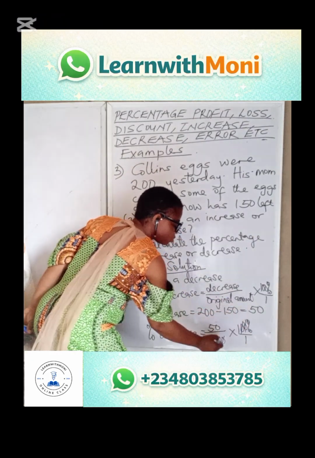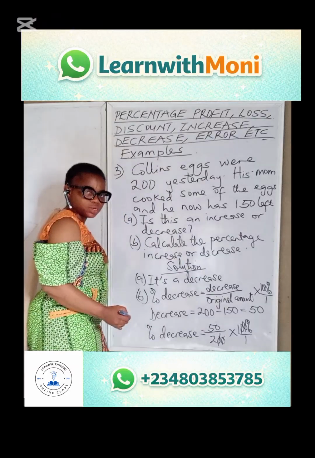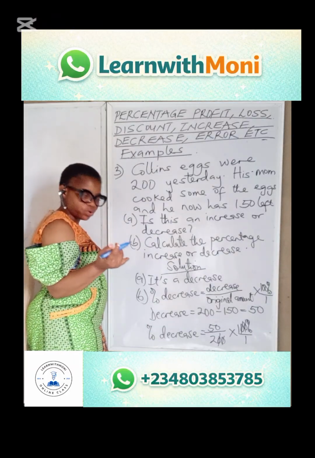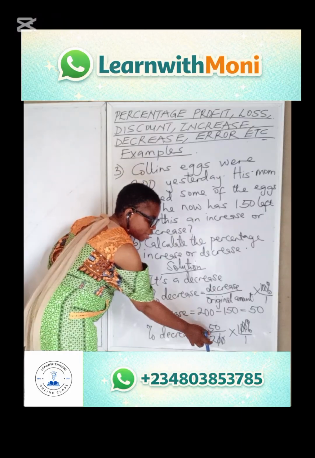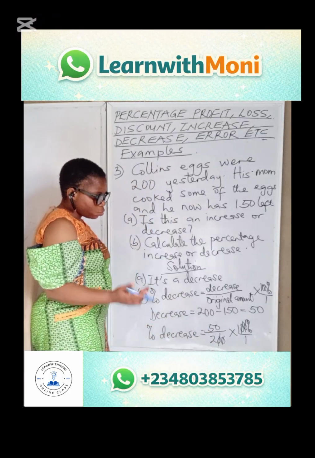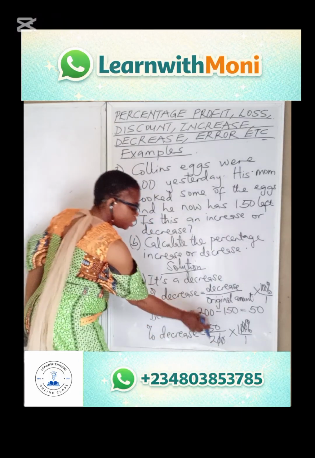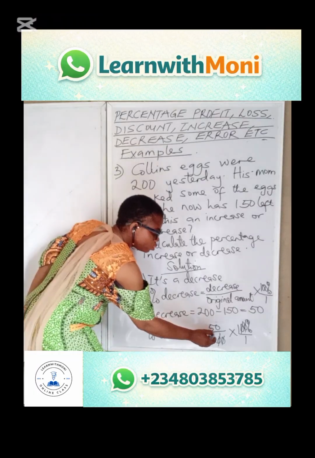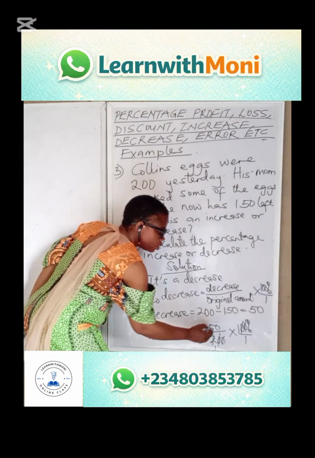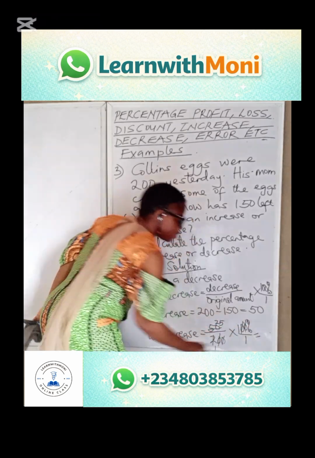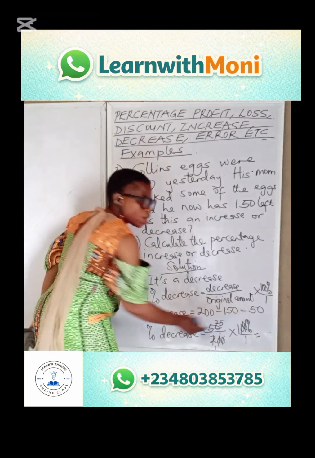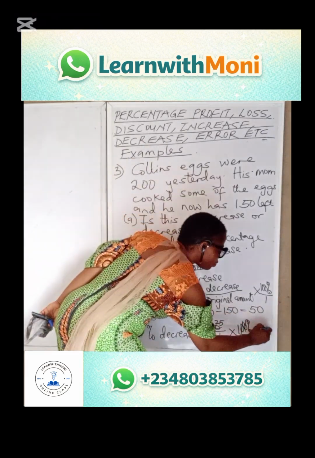Another 0 at the numerator can cancel out 0 at the denominator. That means we have divided by 100. 100 divided by 100 is 1. 200 divided by 100 is 2. We can still divide 50 by 2. 2 divided by 2 is 1. 50 divided by 2 is 25. So we end up having 25 times 1%, which is 25%